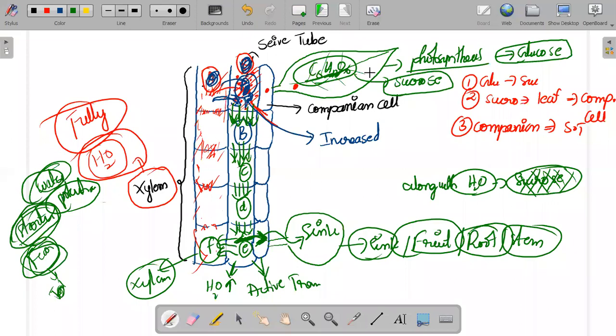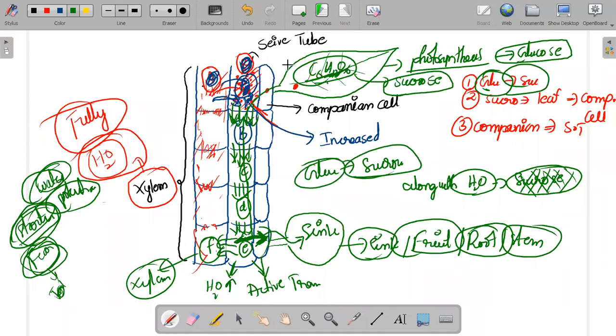Before leaving the class I have one doubt, because you have to ask me this but you are not asking. What is the necessity of converting glucose to sucrose? Why not directly transport glucose from top to bottom? That is my doubt; you people have to explain to me tomorrow. If you're having any doubts, you can WhatsApp my number.